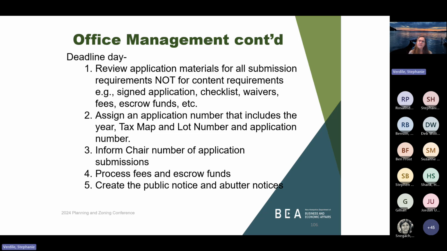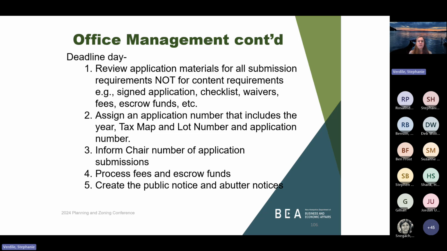On deadline day, also give a courtesy call to the chairperson. You can let them know, hey, we've got 10 applications. Hey, we have no applications. Hey, we have 2. But keep the chair in the loop as far as what's coming up for the next meeting. And you're going to process all the fees for the escrow accounts, if that's what's required from your